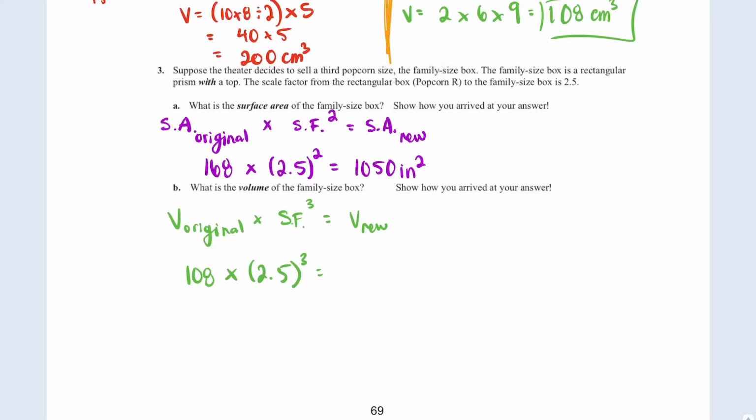So 2.5 to the third power is 15.625, and then you multiply that by 108 to get a new volume of 1,687.5, and now we are in cubic